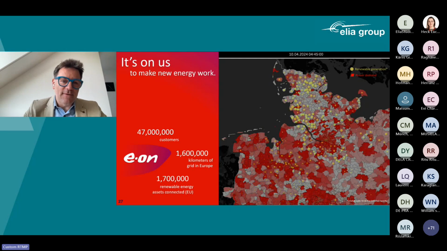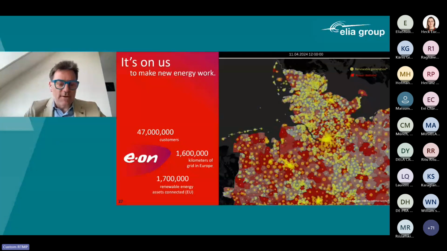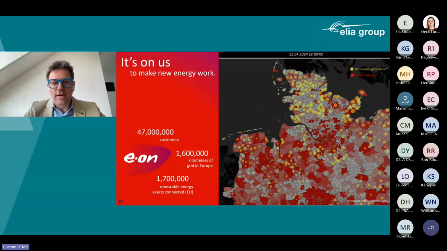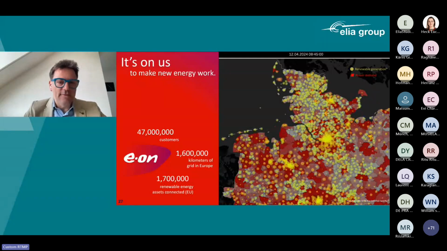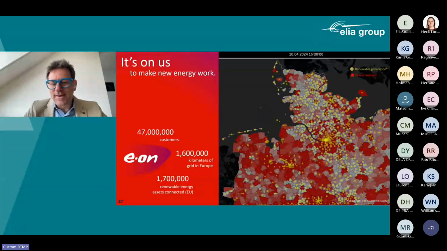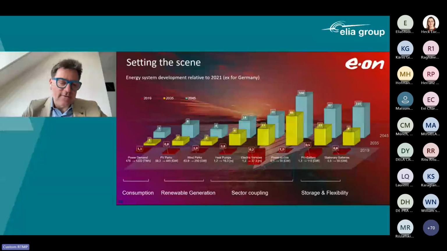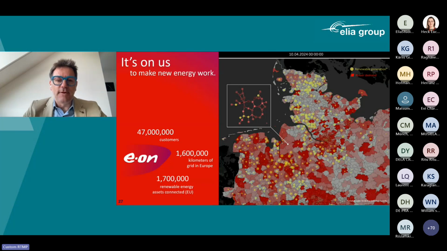You see in red the demand aggregated over zip code levels in the north part of Germany, and in yellow the corresponding infeed that we get. Every frame of this picture is a 15-minute interval over a couple of days after Easter 2024. This dynamicity is not limited to the zip code level. If you go to the next slide, you should imagine it going through the capillarity of the network, down to the lower level of the low voltage grids, where you have the households that are connected.